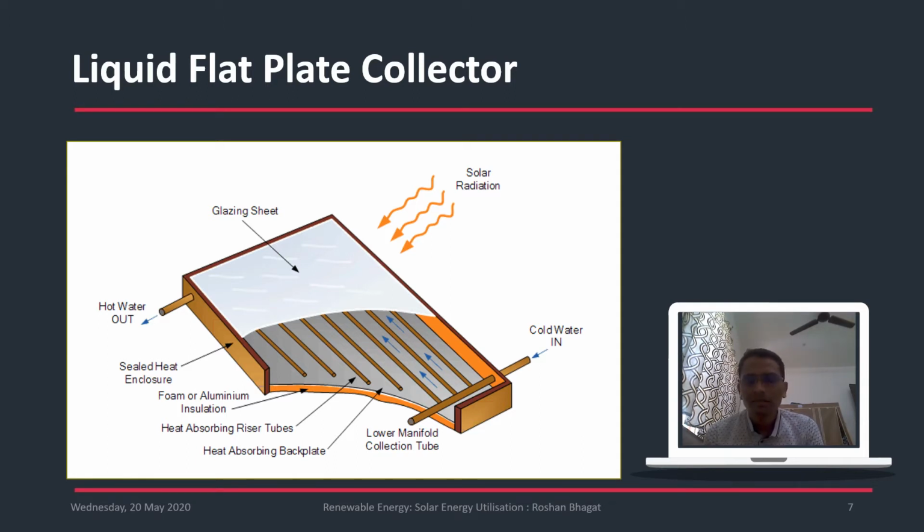Second thing, the glass cover should always be kept clean. So some maintenance is always required in terms of the glass cover so that the solar radiation will reach the absorber surface. Well insulated walls are always required to prevent the heat loss to the surrounding. The thing is to prevent the foreign particles which are coming with the water. So the water should not have mud with it, so that it will not prevent the heat transfer, or sometimes create blockages inside the tubes also. So these things have to be remembered as far as the liquid flat plate collector is concerned.